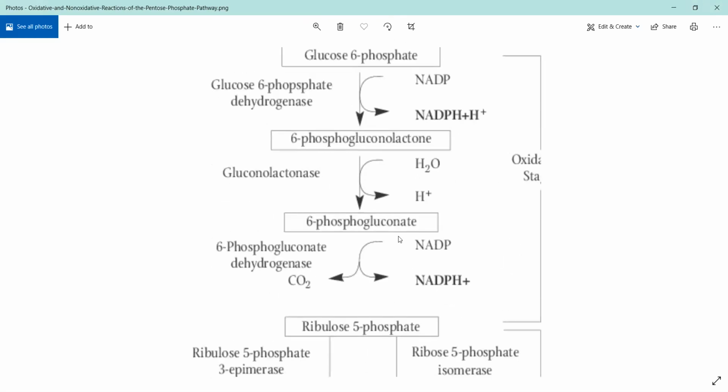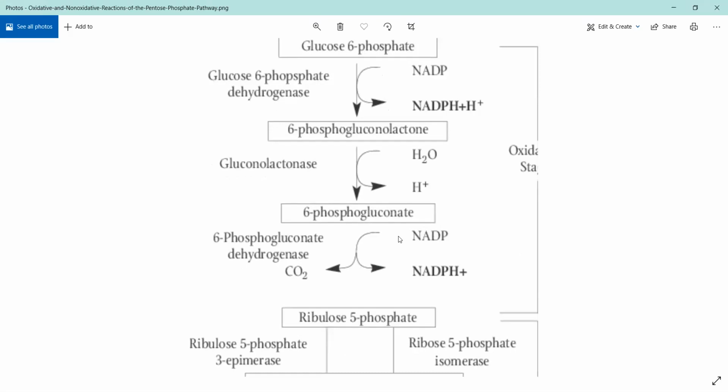Okay. So once again, from the start of the reaction, look here: first glucose 6 phosphate is undergoing an oxidation reaction. It is losing hydrogens, getting converted into 6 phosphogluconolactone. That is undergoing hydrolysis. Water is being added to it essentially in the presence of gluconolactone hydrolase. Okay? And it gets converted into 6 phosphogluconate. 6 phosphogluconate gets converted into ribulose 5 phosphate when it undergoes a dehydrogenation reaction, or essentially when it undergoes oxidation. Another important step that happens here is it will lose a molecule of carbon dioxide.